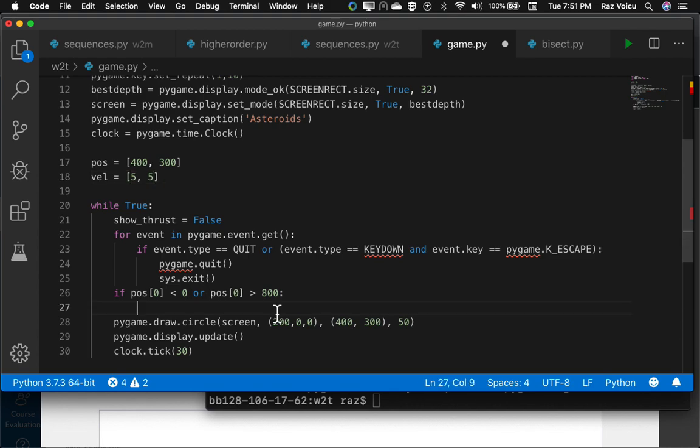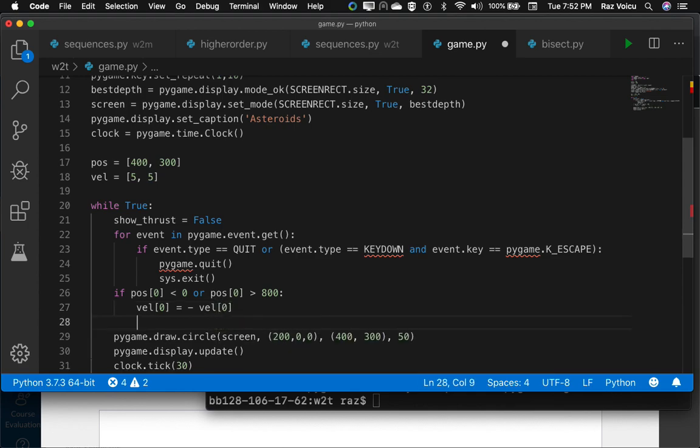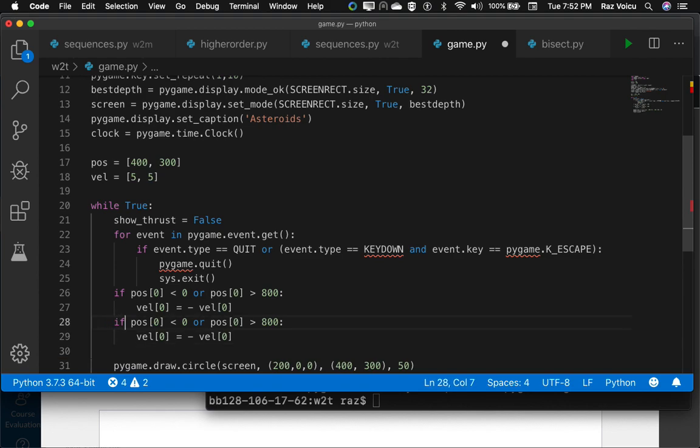So if pos 0 less than 0 or pos 0 greater than 800, the velocity for x has to change direction, right? So I'm going to say velocity 0 is assigned minus velocity 0. Just change directions, right? And the same for pos 1 for y-axis. So pos 1 less than 0 on the vertical axis, we only have 600 pixels. And velocity 1